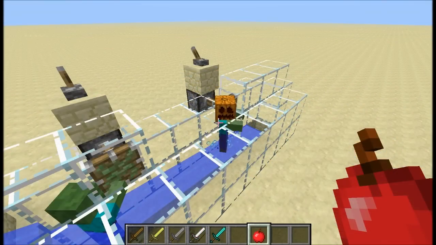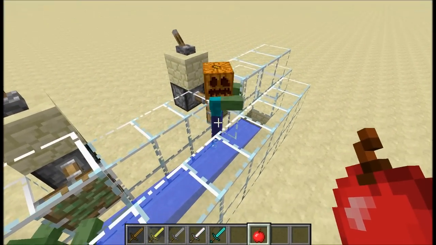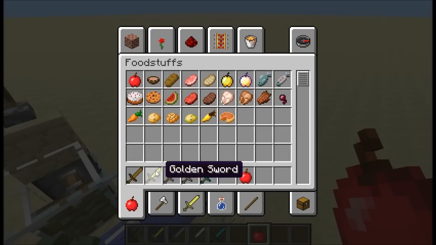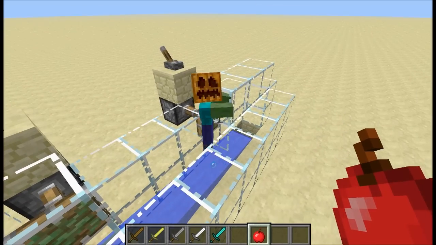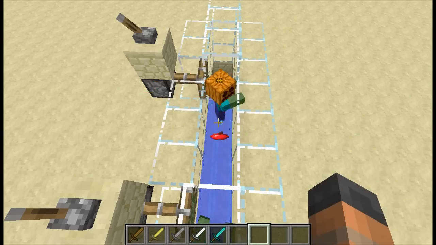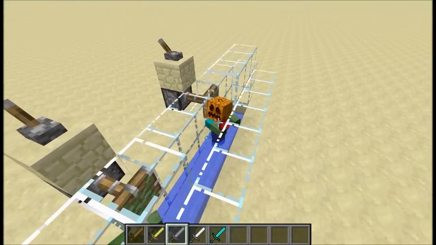So a mob can pick up an item, and it can also ditch an item in favour of a different one, and the type of item it will favour is a sword, because it will be able to defend itself better with a sword than it would with an apple. So let's give it an apple, and it can pick that up, and now it's going to ditch that